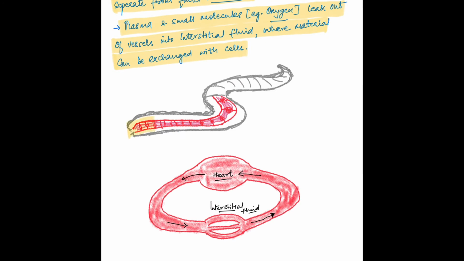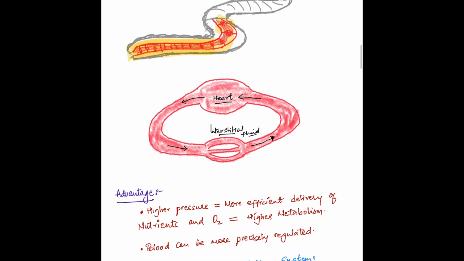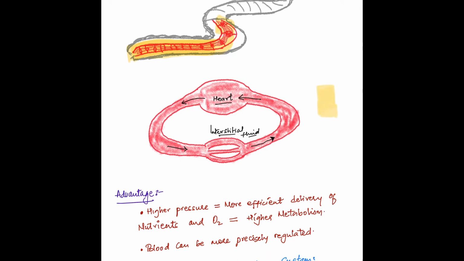This is a diagram of an earthworm showing closed circulatory system with a network of blood vessels and capillaries. And this diagram is a representation of a closed circulatory system. Heart pumps blood into the arteries. From the arteries and arterioles it reaches the capillaries. In the capillaries, fluid moves out of the capillaries into the tissues and forms the interstitial fluid through which oxygen, nutrition, etc. is provided to the cells. Blood keeps moving inside the capillaries and then into the veins and reaches the heart again.